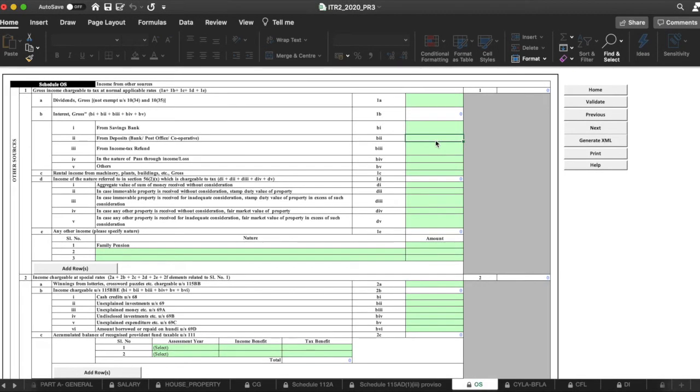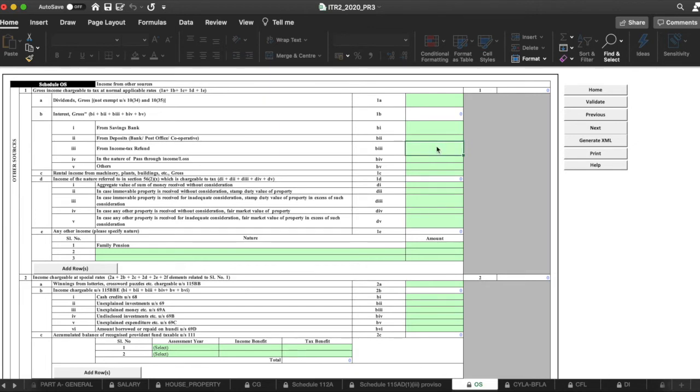Similarly, if you have an FD in a bank, an FD in the post office, or an FD in a cooperative society bank, you have to sum all those interests and update here. From a bank, if you are getting interest of more than 10,000, by default they will deduct 10 percent of the interest. Still, you have to update the total amount here in this section.